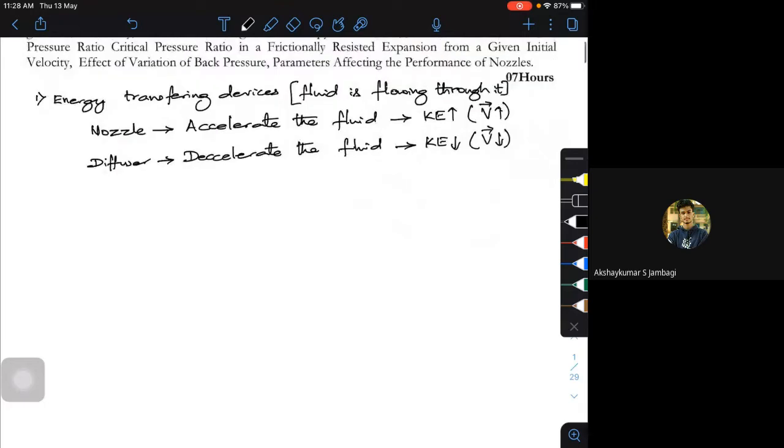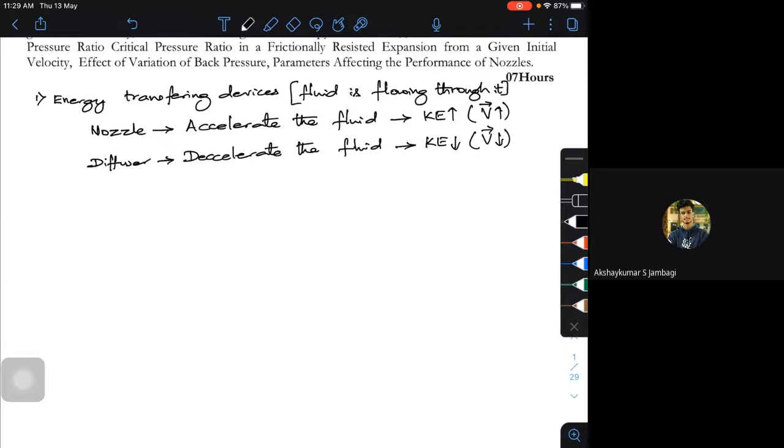Now what happens if I have a steam nozzle? How does this expansion take place? When the fluid expands in a nozzle, what type of fluid may I have? If it is a steam nozzle, usually in a steam turbine, the fluid at the entry will be either saturated or much higher than that, that is superheated steam, what we call. So when I speak of steam, the critical pressure is 220 bar, and the critical temperature is around 374 degrees Celsius.